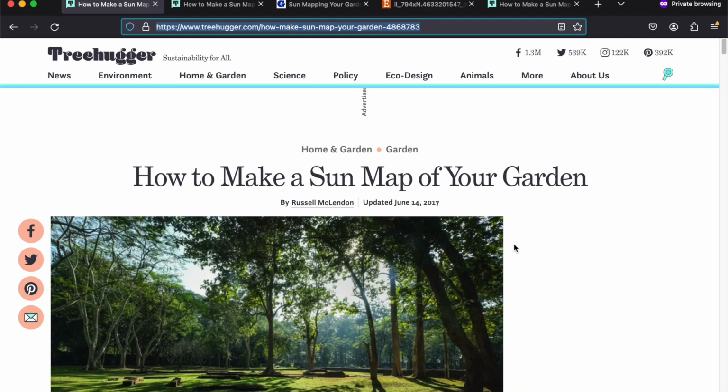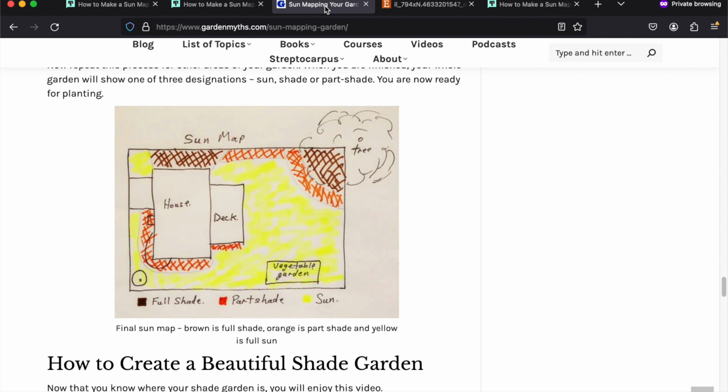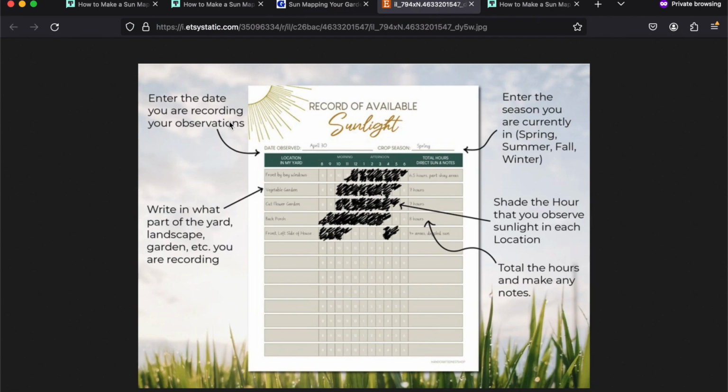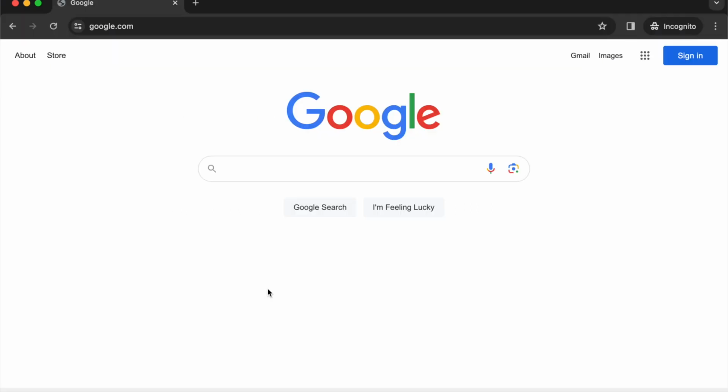When it comes to sun mapping your garden, there are many approaches discussed online. These include taking photos of your garden every few hours, sketching the shadows in your garden on a piece of paper, dividing your garden into a grid and then recording the sunlight data in a spreadsheet, or using trigonometry to calculate the shading. All these approaches are labor intensive and must be repeated for each day of the year, but there's a simpler